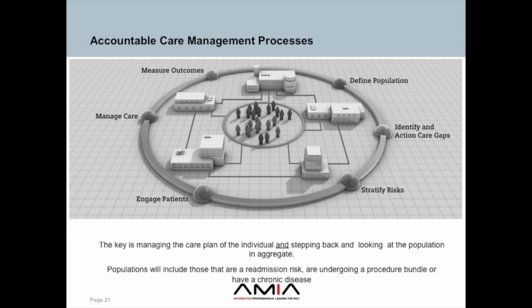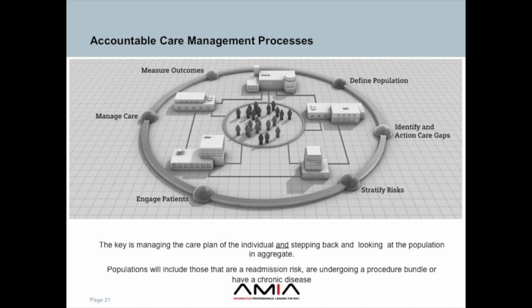The second thing is that the population we often treat as being the chronically ill or the people who've been immunized, sort of a public health orientation. Those are both correct, but the actual definition will become broader. A population includes people getting their hip replaced. So all those people from testing to surgery to rehab, et cetera, that is a population. It's got different temporal boundaries, different notions of care, but that is a population. Other populations, everybody discharged today because I've got to manage them to make sure they're not readmitted in 30 days. Very much broader definition of population than we're used to. So take stuff from chronic disease and extend it across the care venues that occur.